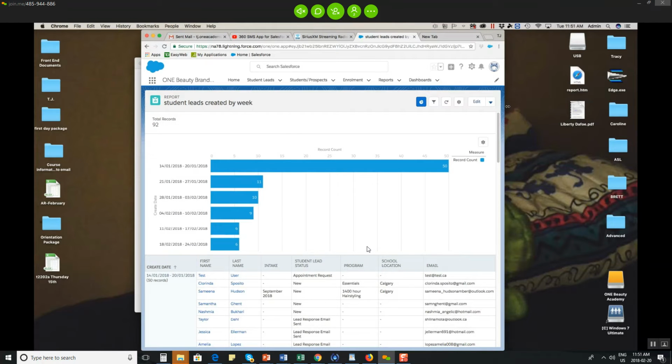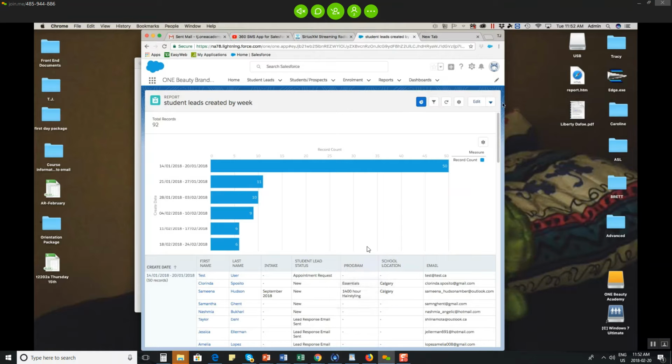So here's an example of an image that shows, by week, how many new leads you're getting. Those are all the leads that are coming in. So a couple things you can do at any given time. The unfortunate part is when I print this out in a report, it doesn't actually give me the pie graph. So quite often I'll do a print screen, right? I'll just say, okay, hey, here's a graph that's showing by week. And then what you can do is